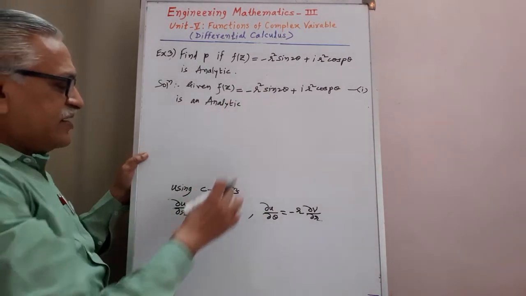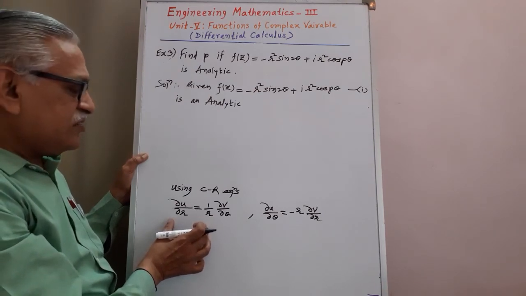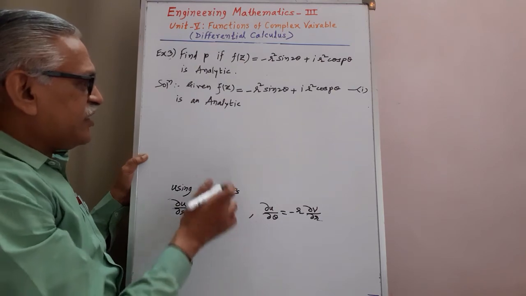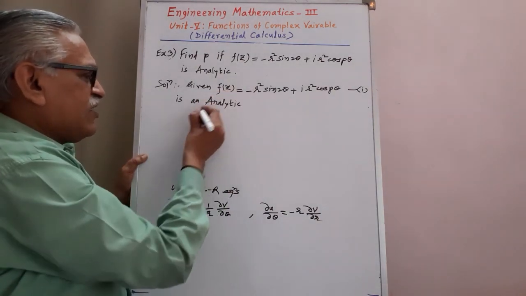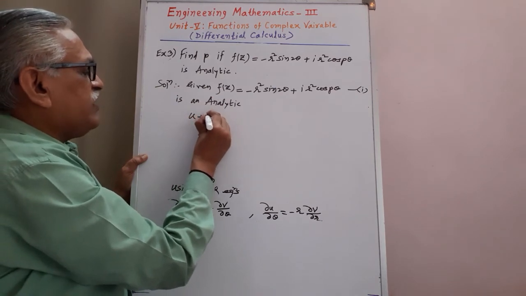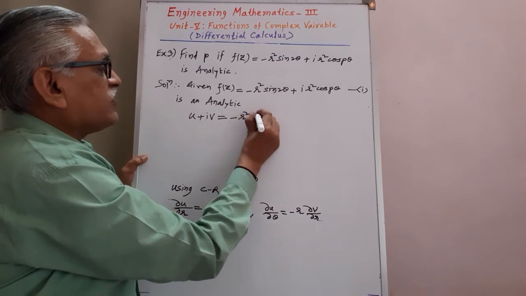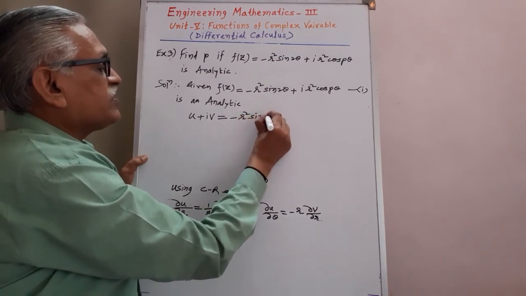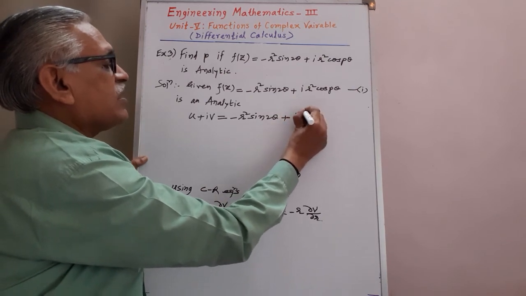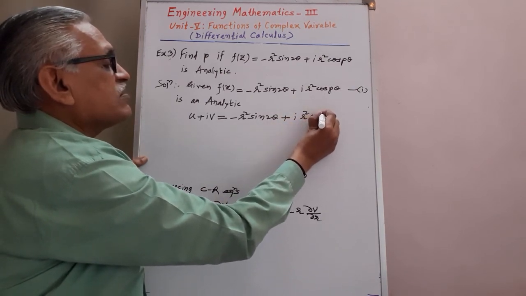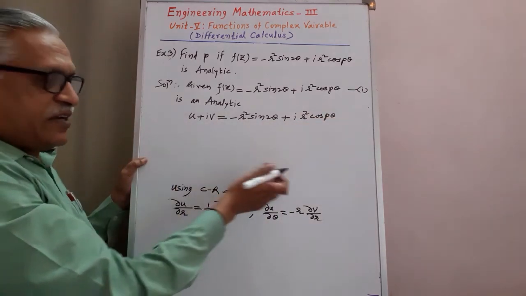Means as it is analytic, these CR equations must be satisfied. These CR equations are satisfied, and therefore substituting value of f of z as u plus iv, that is equals to minus r square sine 2 theta plus i times r square cos of p theta. Comparing two sides, we get